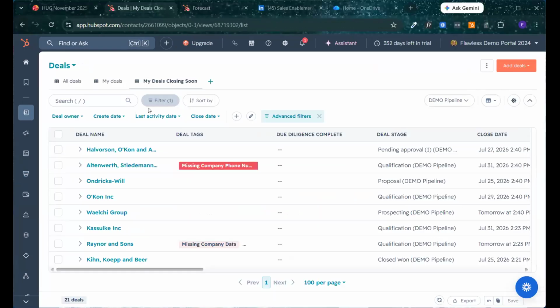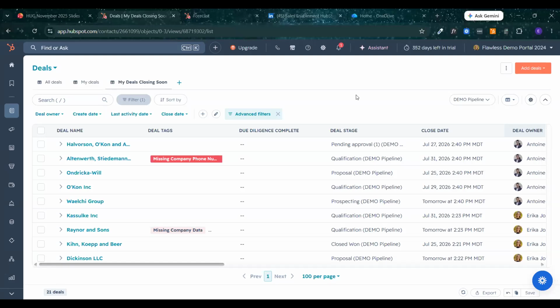Okay, here we go. All right, so the deals section is here. So we're going to start the live demo with a little bit of an overview of deals. And if this screen looks unfamiliar to you, that is because this is the new record page layout. So this is our demo portal. All of this data is made up, but this is the new view. So you may or may not have also joined this beta.